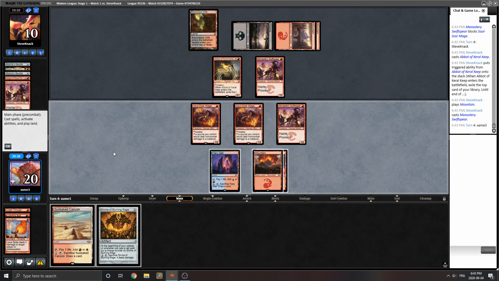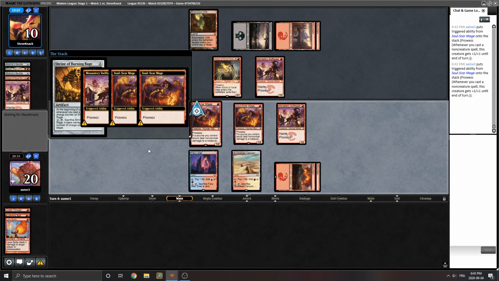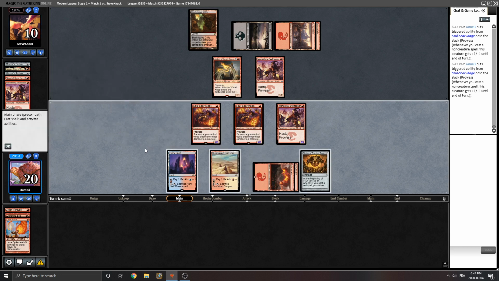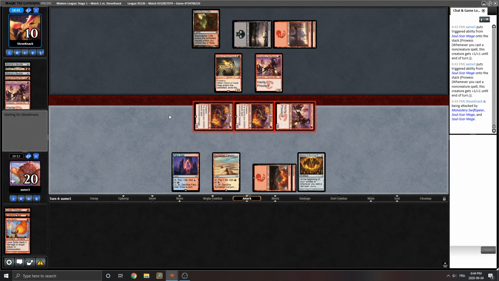No attacks. Alright, Shrine is actually not a bad draw, because we trigger our prowess. Have 1 mana up. Do I want to attack? Not sure. I think we attack with everything because unless they have exactly Lava Dart, this attack is pretty safe. And even if they have exactly Lava Dart, we're gonna grow up our Burning Rage and we can just kill them